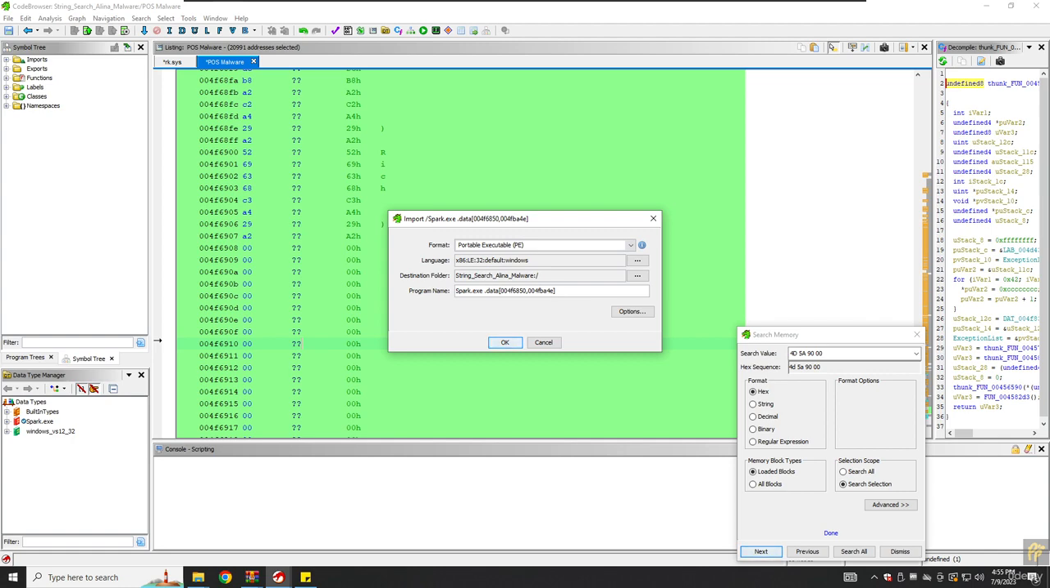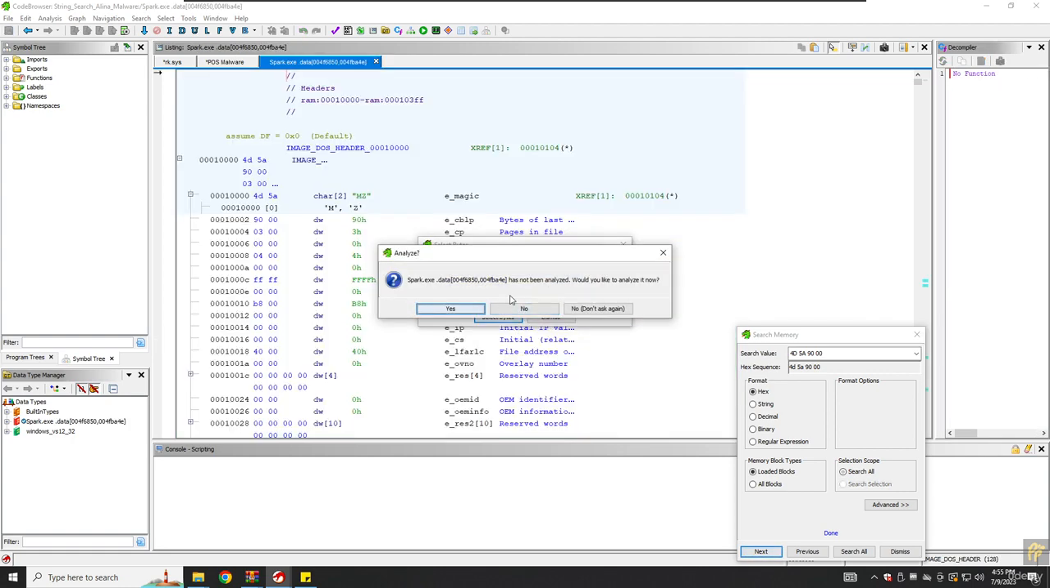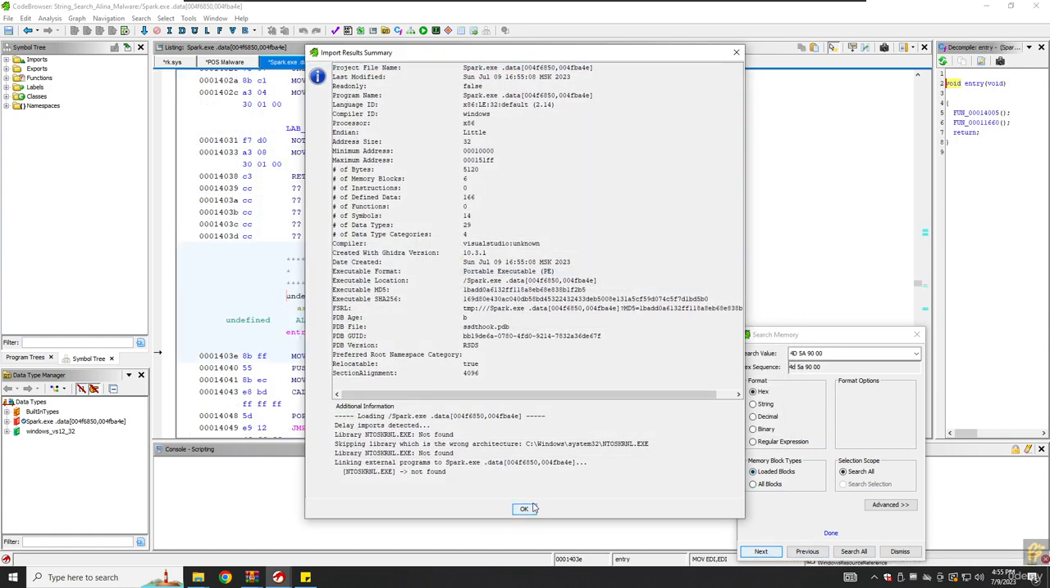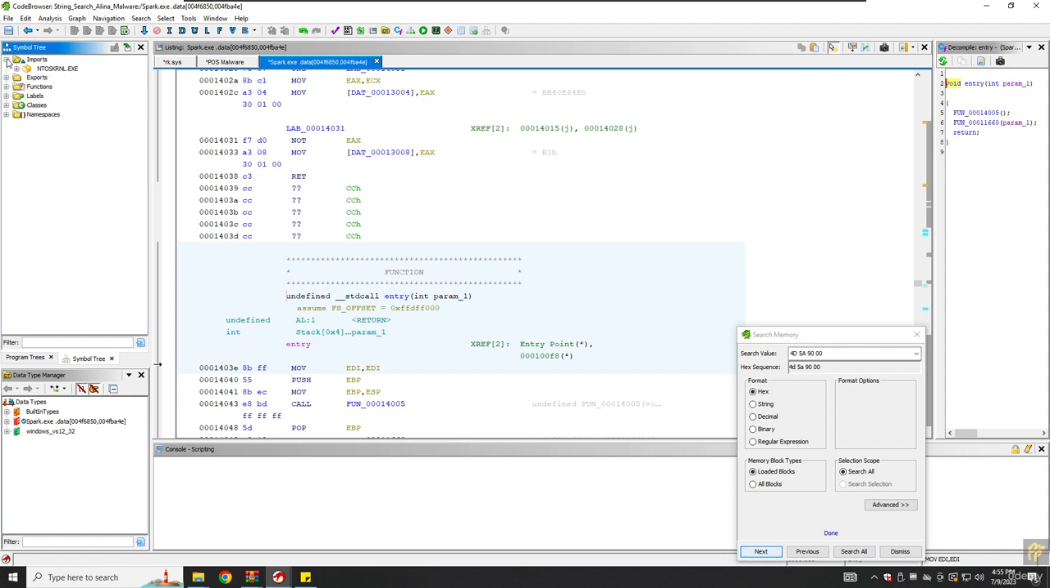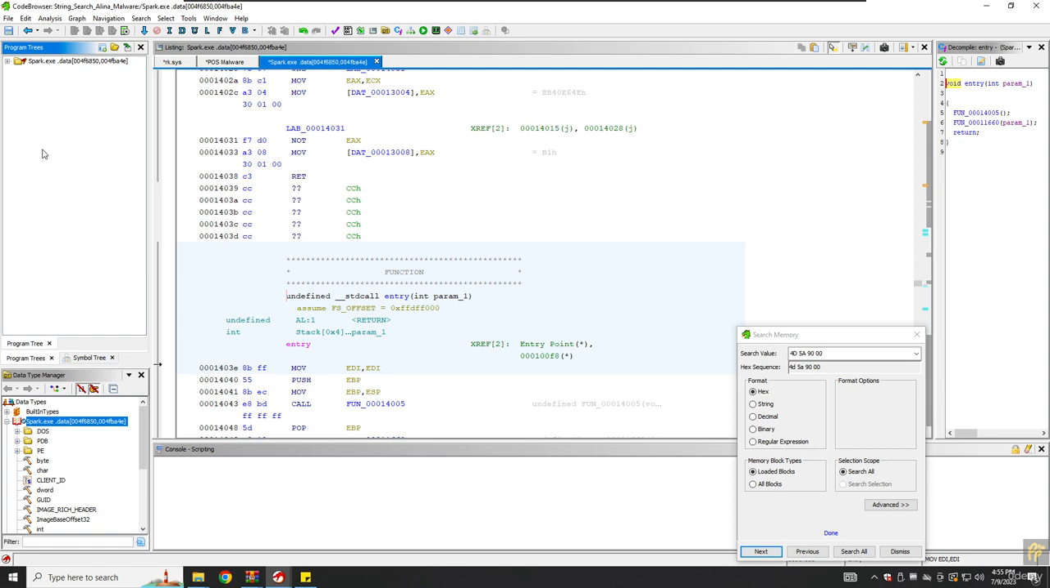So we are identifying the malware components here. We can also analyze it here. In data type manager, we have three data types, including spark.exe.data. We have this data file, and we have the program trees here. We can refresh it and so on. We can go to the active project, the spark.exe program tree, symbol tree,